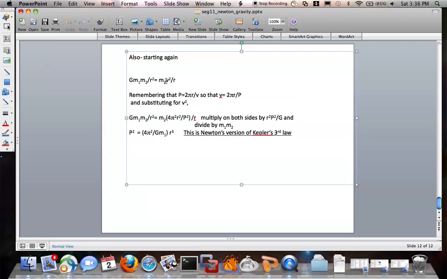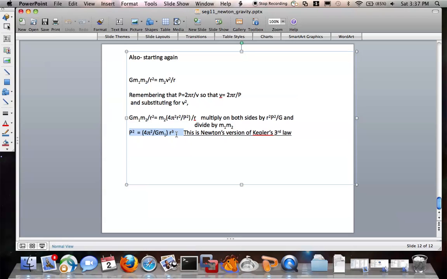And we can put that in for v squared in this first equation here, and we have G m m over r squared is m2 times 4 pi squared r squared over P squared, divided by r. That's just re-expressing this, substituting for v. If we multiply on both sides by this fairly complicated quantity, r squared P squared over G, and divide on both sides by m1 over m2, we wind up with, and I'm not going to go through all this again, I don't expect you to be able to do it, I'm just showing you that these are not coming out of thin air. We wind up with an equation that says P squared is equal to 4 pi squared over